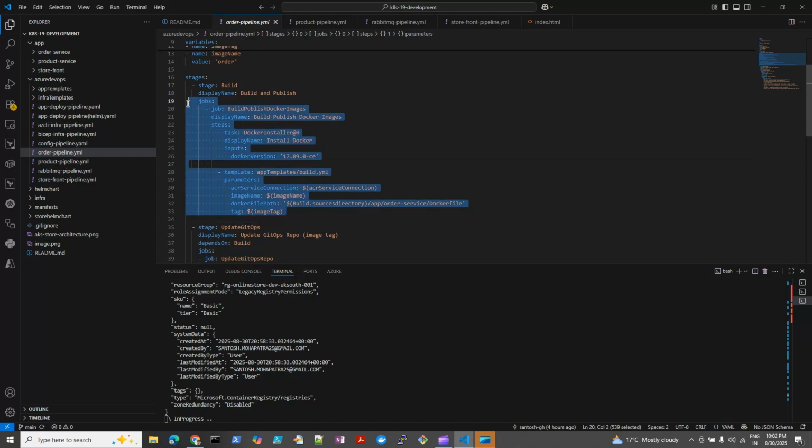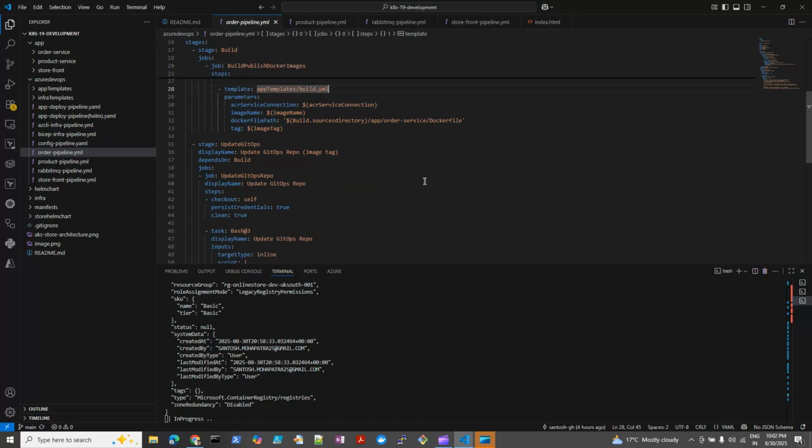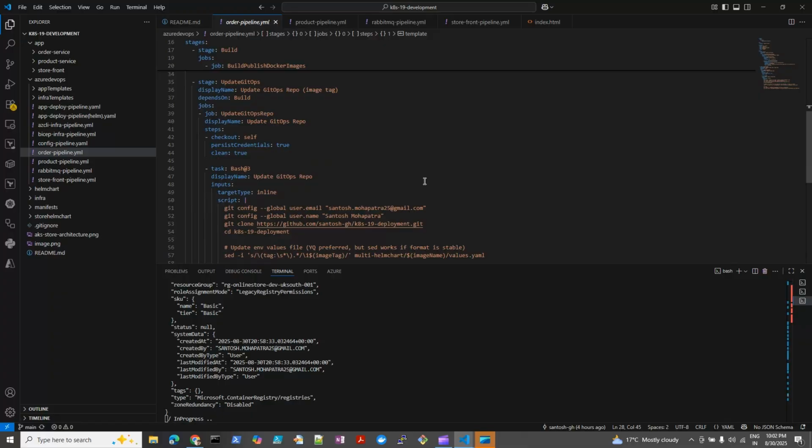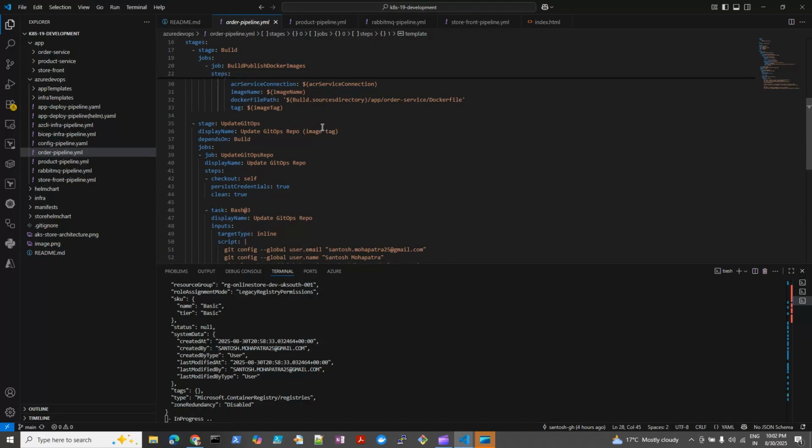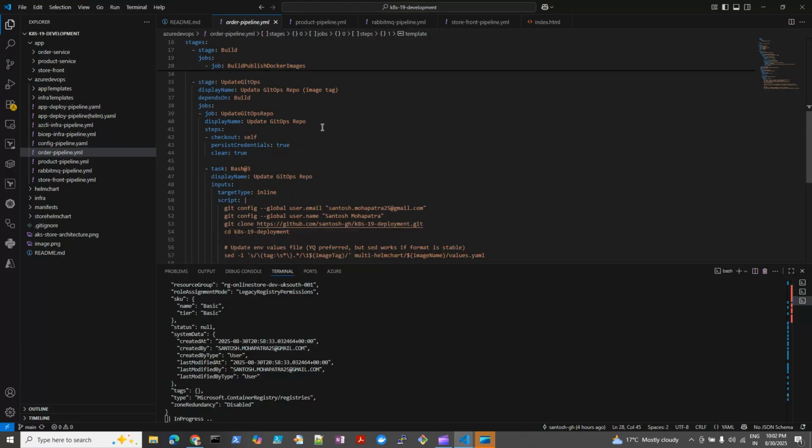I have already discussed this one in previous labs as well. Then, since we are using Argo CD, in this scenario we don't have any release pipeline, only the CI, continuous integration pipeline. In that case, it will just build the Docker image, push it into the Azure Container Registry, and then what it will do is